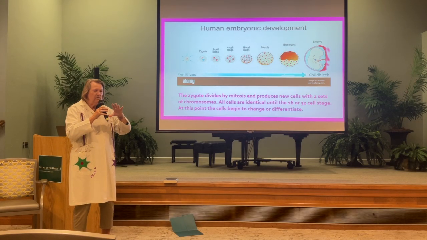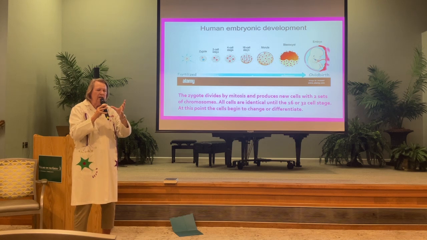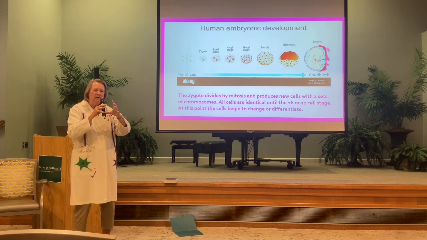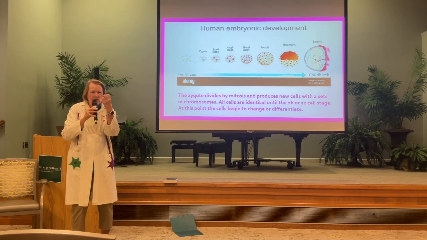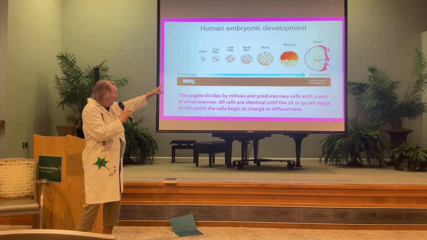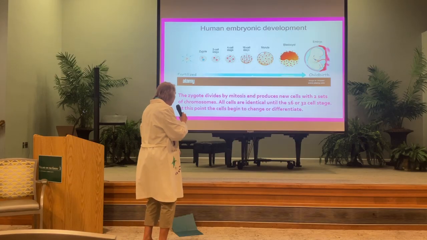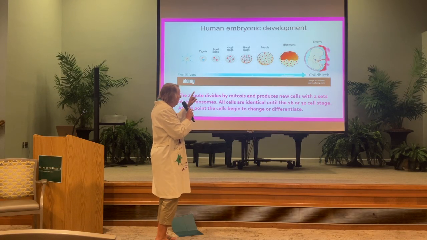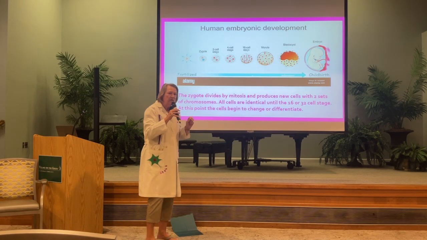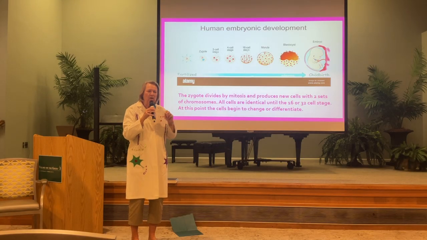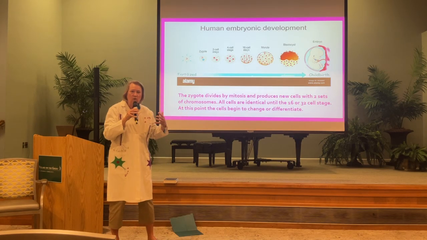That's when these cells start to separate and form a hollow ball. So up to about 32 cells, they're all together, and then it starts to form this hollow ball called a blastocyst. It's at that point that the cells start to differentiate or become different from each other. Up till then, they're all exactly the same. And if twins are going to occur,